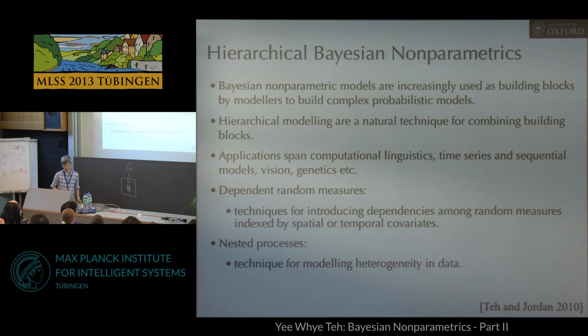So in hierarchical Bayesian nonparametrics, for which the HDP is a particular example, the idea here is that we'd like to build more complex models from simpler building blocks, but the simpler building blocks themselves could be stochastic processes too, like Gaussian processes, Chinese restaurant processes, and so forth. And that allows us to build interesting models from simpler blocks. And there's been lots of applications. There's an earlier review that I did with Mike Jordan that maybe you could